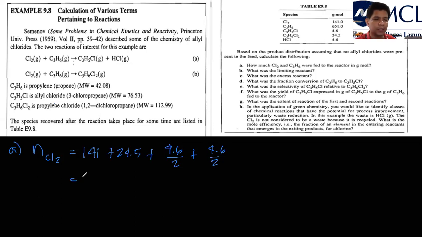We're supposed to get 170.1. So the initial number of moles of chlorine is 170.1. Okay, so likewise,